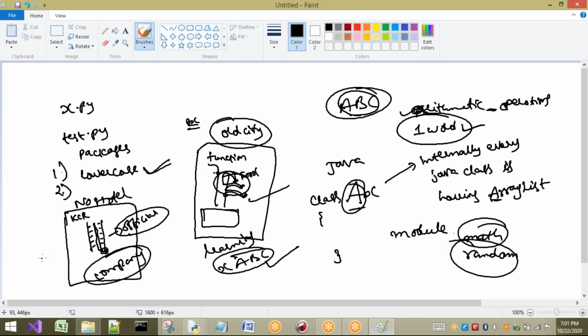See here, why are you acting too smart? We have to act because we are among them. Why do we have to write module names in small letters? Because in Python everything is written in small letters. Every module is written in small letters, so I have to act in that way only. Second one is the same here also: when multiple words are needed, an underscore should separate them. And the last point is, better not to go to more than one word. It is recommended to take module names within one word only. These are recommendations. So this is about the concept of packages. Okay, thank you.